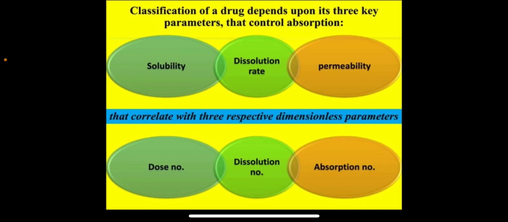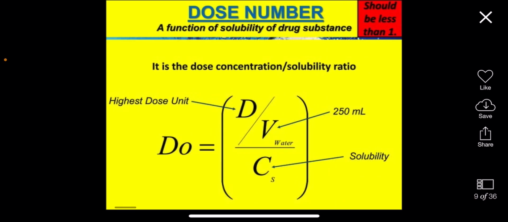So, we classify the drug according to the biopharmaceutics, which include different parameters. As we earlier discussed, the drug depends upon three parameters: solubility, dissolution rate, and permeability. Where solubility is correlated with the dose number, dissolution rate is correlated with the dissolution number, and permeability by the absorption number. So, dose number, which is a function of solubility of the drug substance, the required amount of dose